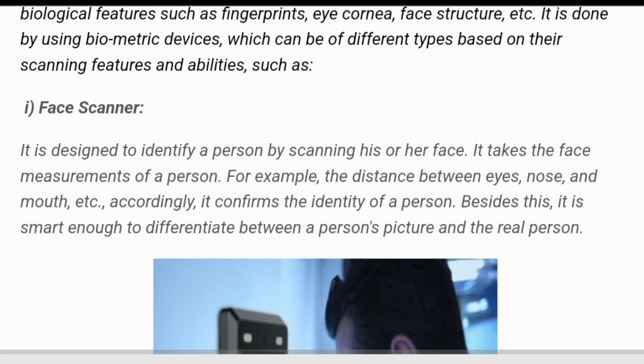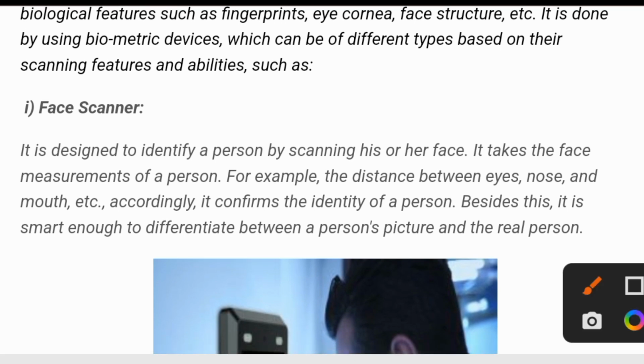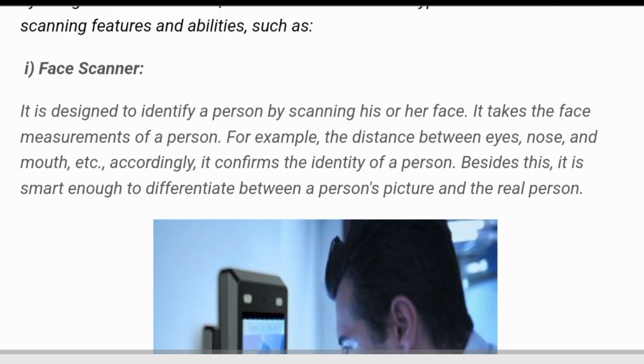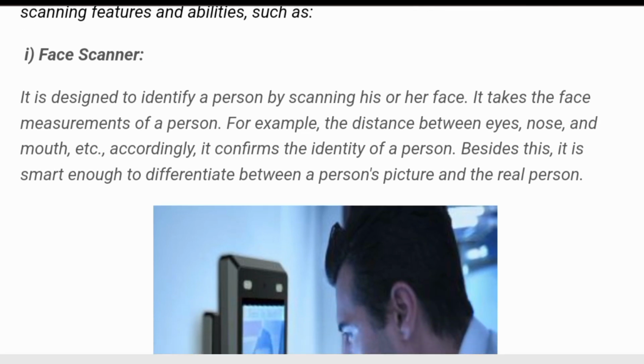Such as first, face scanner, and the others are discussed below. So, it is a face scanner. It is designed to identify a person by scanning his or her face.